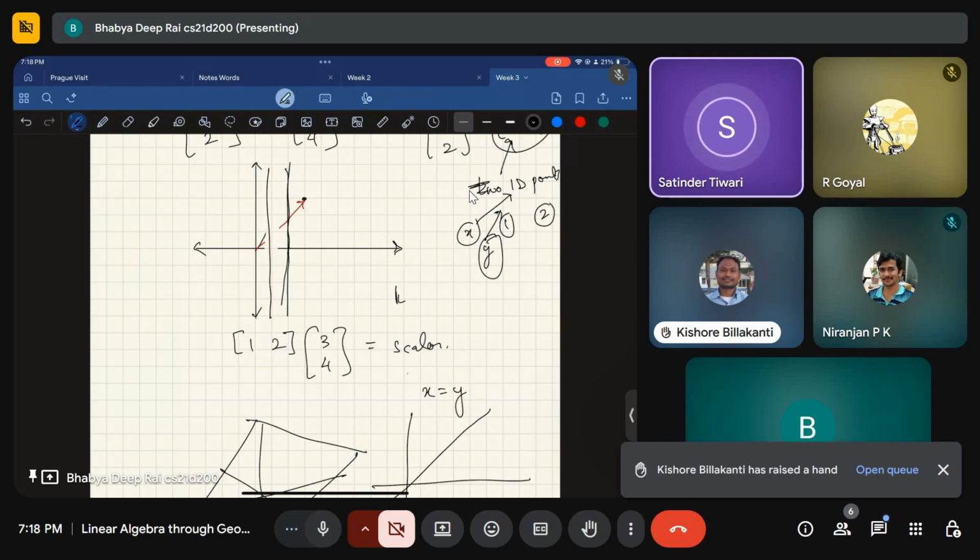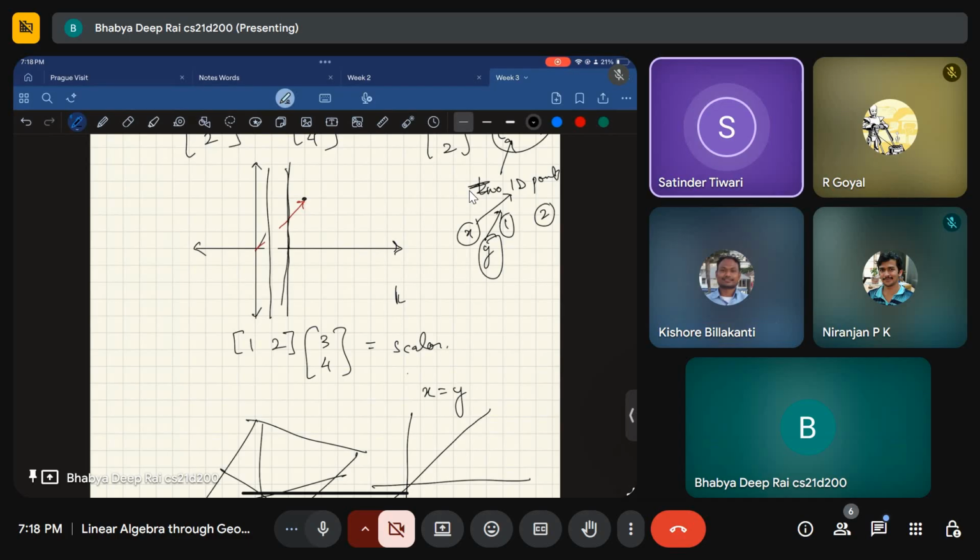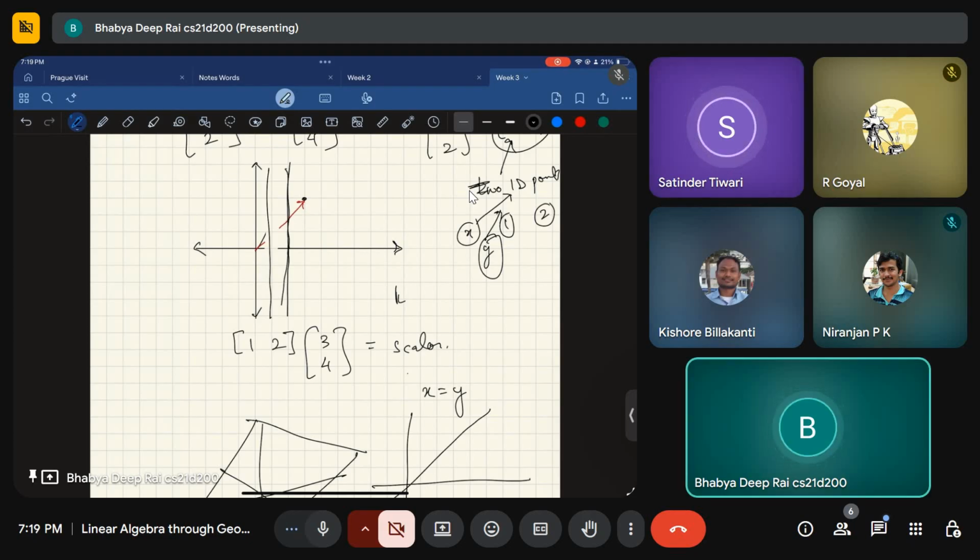So ultimately it is coming a1 b1 plus a2 b2 is equal to mod A mod B cos theta. That part I was understanding, but I was simply trying to visualize graphically what the transformation is doing. I was not getting a clear picture of that. If there is a neat graphical characterization that can be easily understood, I'll look it up and let you know in the next session.